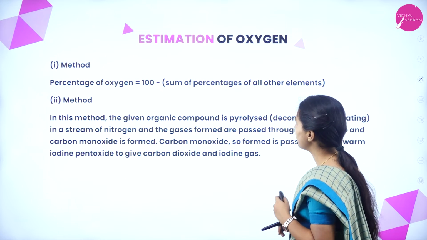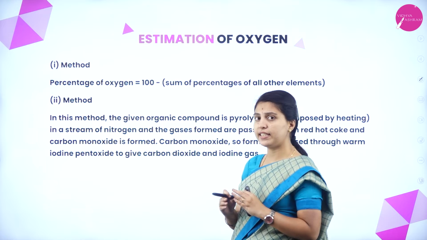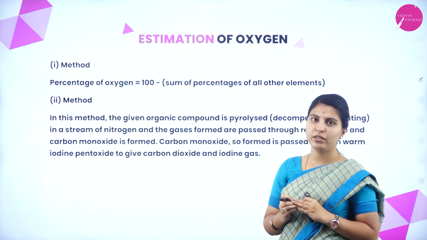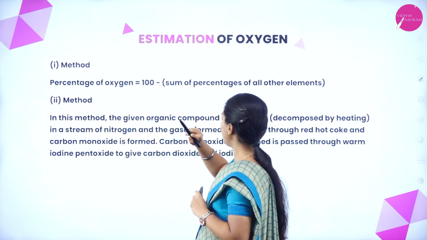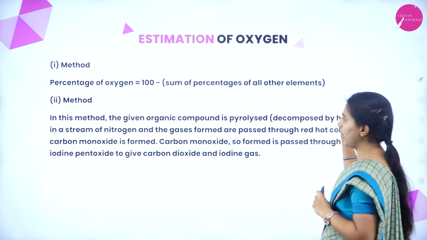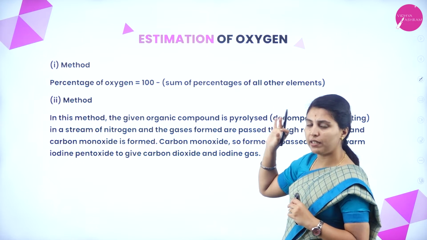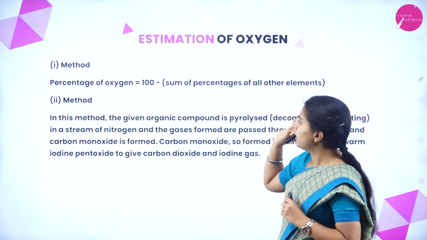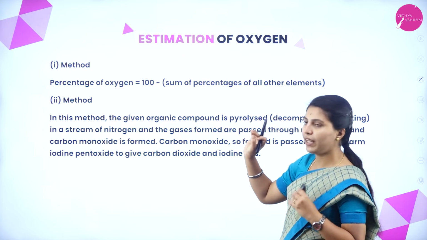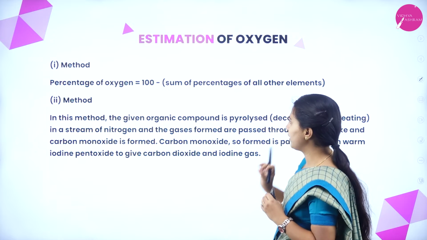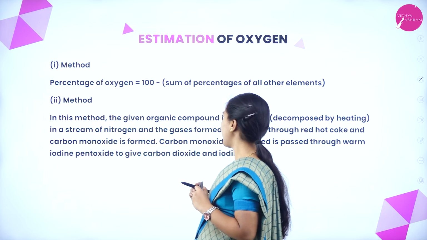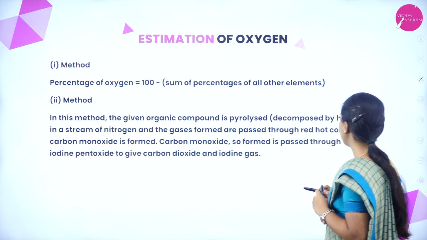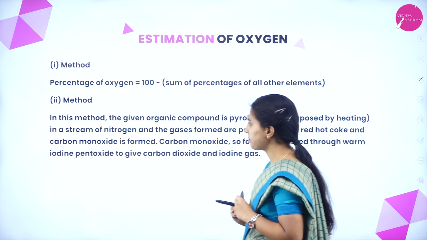Next one is estimation of oxygen. This is the extra information. Okay, method one: the percentage of oxygen is 100 minus the sum of percentages of all the other elements present in the compound. Or the next method, in this method the given organic compound is pyrolyzed or decomposed by